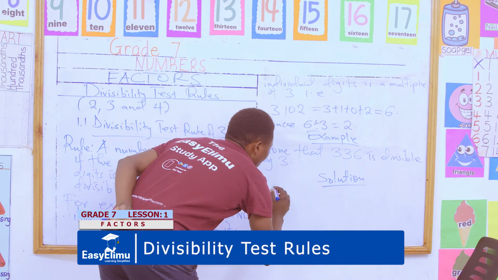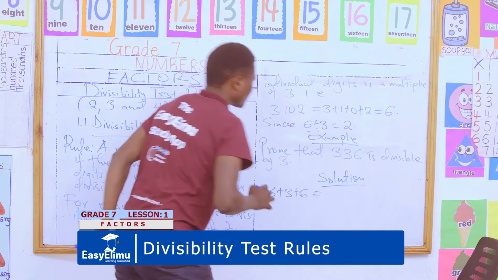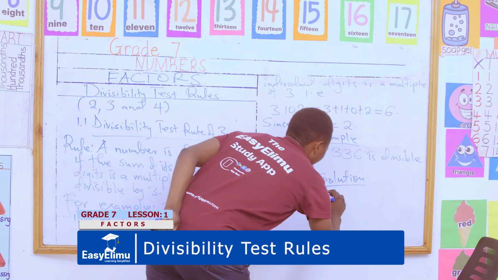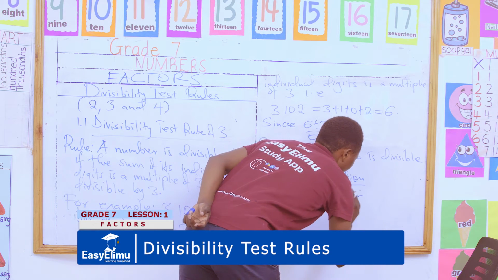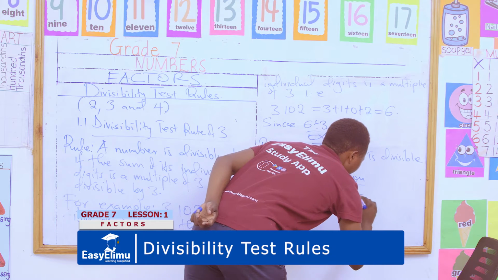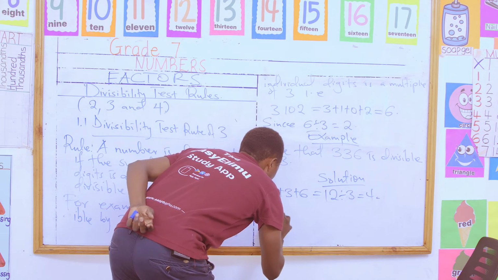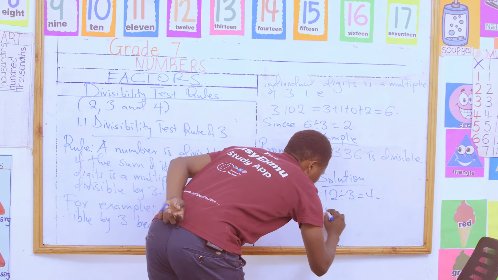So we can show that by taking 3 plus 3 plus 6. That is 3 plus 3, 6 plus 6, that is 12. And 12 divided by 3 is 4. Then you say 336 is divisible by 3,